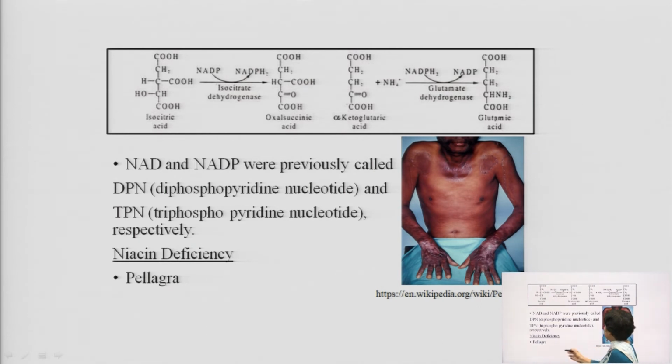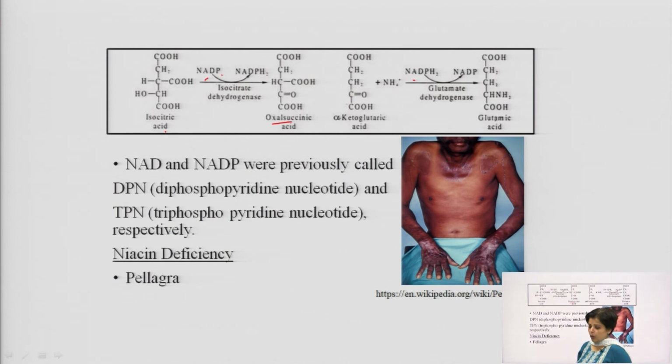For example, एक एग्जाम्पल यहाँ पर और मैंने दिखाया हुआ है, जैसे isocitric acid in the presence of isocitrate dehydrogenase, ये भी citric acid की साइकिल है, and here NADP is converted into NADPH2 and it is converted into oxalosuccinic acid. एक और एग्जाम्पल है जहाँ पर NADPH2 is converted into NADP. ठीक, glutamate dehydrogenase, alpha-ketoglutaric acid is converted into